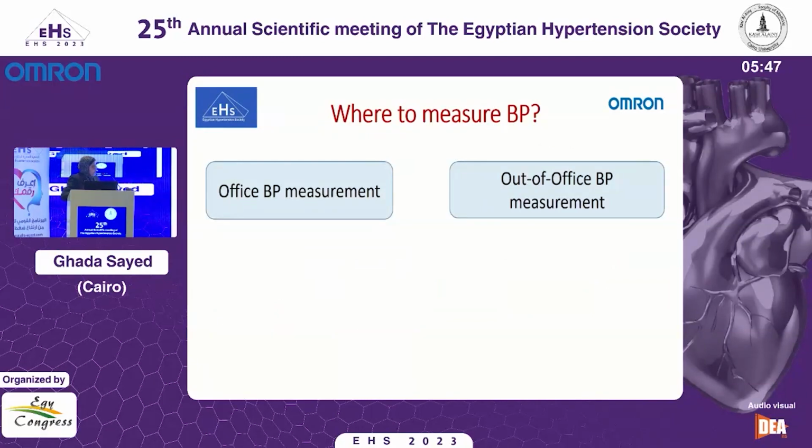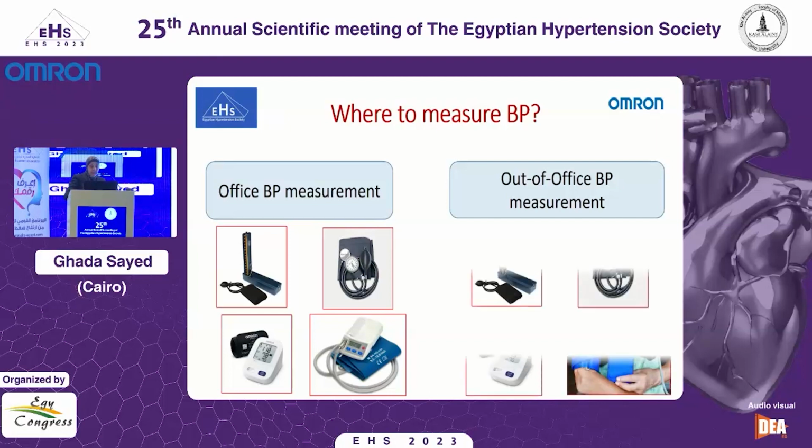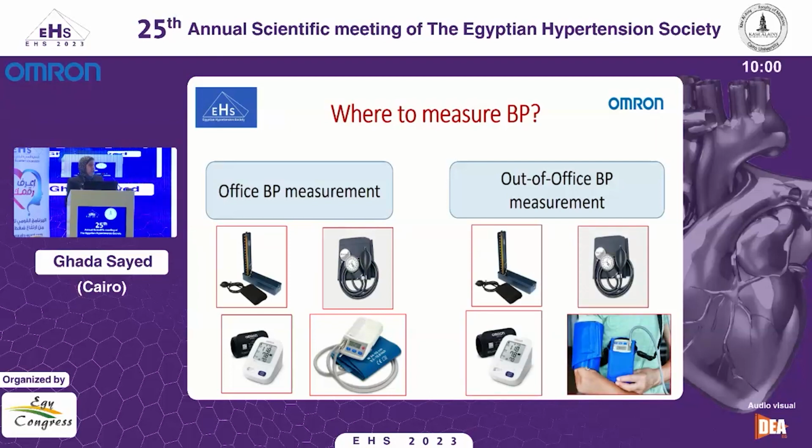Now, where to measure blood pressure? We can measure the blood pressure in the office, and by measuring blood pressure in the office, we can use the mercury devices, the aneroid devices, the regular oscillometric devices, and of course, the unattended device. Out of office blood pressure measurement, meaning home blood pressure measurement and the ambulatory blood pressure measurement, we may also